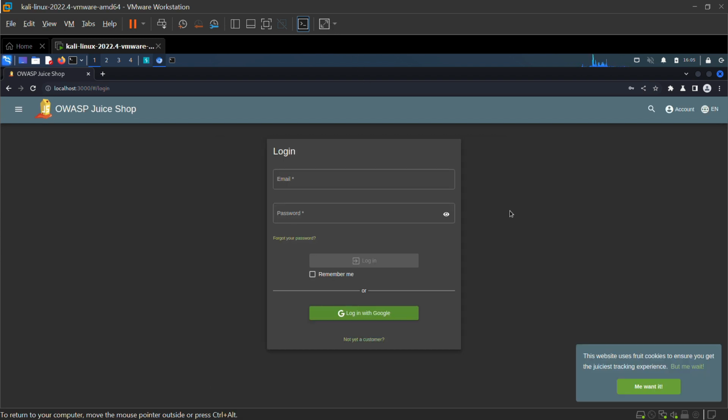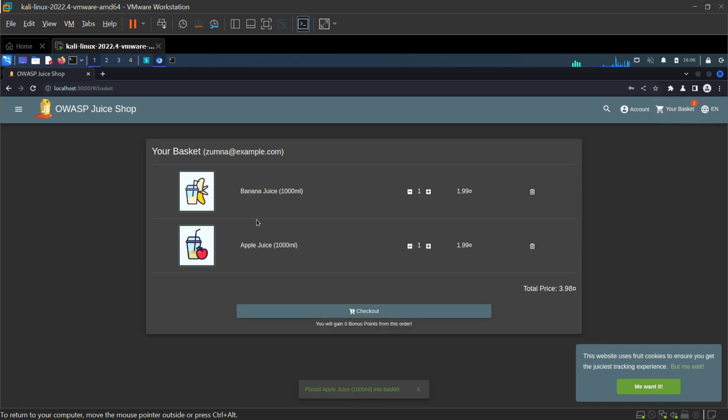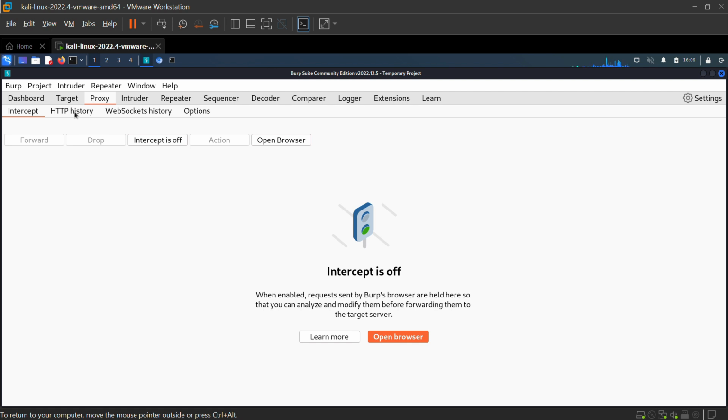Next, I'm going to perform broken object level authorization. For this, one needs an account, and I've already made one to save some time, so I'll just log in using my credentials. And then I'm going to add any random items to my basket. So for example, this, and over here you can see in my basket that I've added banana juice and apple juice. So if I go back to Burpsuite and go to my HTTP history